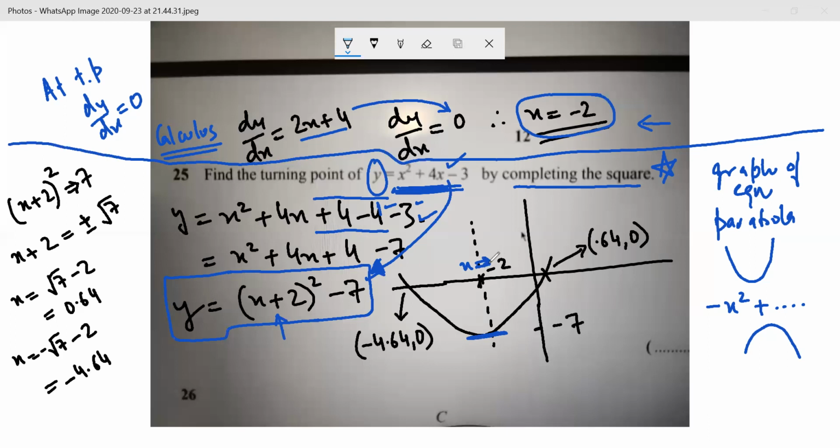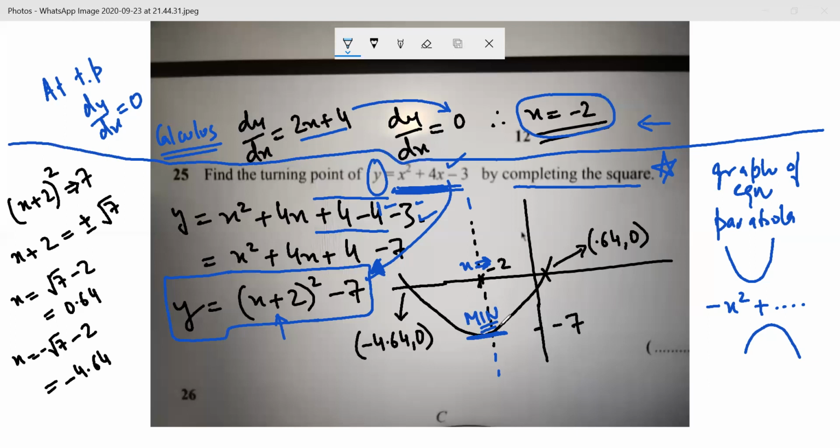And I can also make out that x is equal to minus 2 would be the axis of symmetry. This is what we have done when we were discussing quadratic equations. Any doubt, sir? No, sir. So this actually would be the turning point, and as is obvious from this graph, this point x is equal to minus 2 is actually a point of minima. Any doubt?